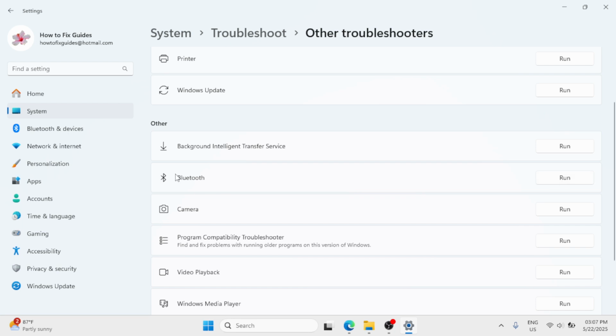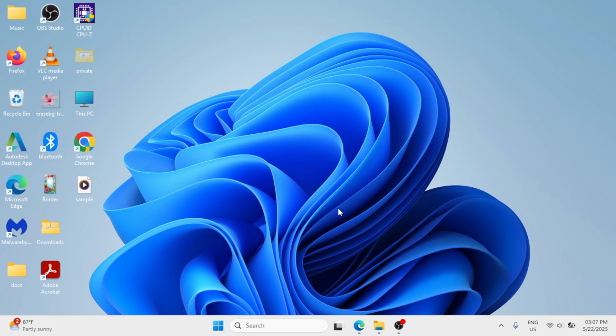What this will do is help you detect and spot the issue or problem that you are facing on your Windows. And aside from that, this will also give you suggestions and recommendations on how you can fix the issue, and will also automatically fix the issue for you. So run the Bluetooth troubleshooter and then close this. Next method,